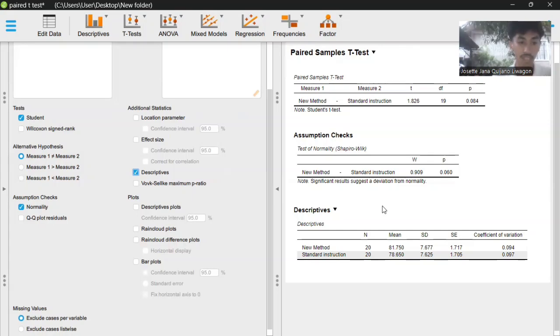We can make also a decision that the mean amount of material learned in the new method of instruction, with a mean of 81.75 and the standard deviation of 7.677, is greater than the mean amount of learned material in the standard instruction with a mean of 78.65, and the standard deviation is 7.625. The probability value of